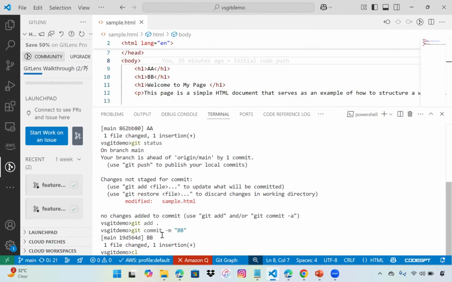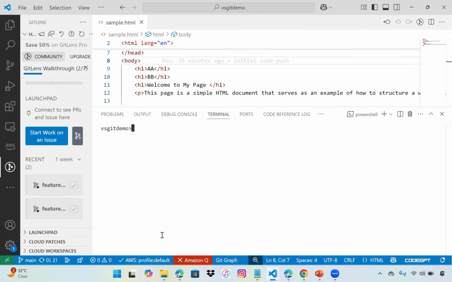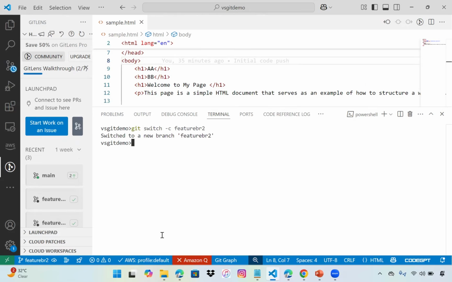Let me clear my terminal over here. Now what I'm going to do is create a feature branch. Let's say git switch -c feature branch 2. So we have created this branch. Now let's do some commits to this branch. You can see